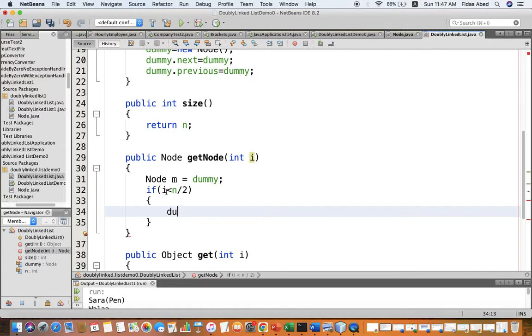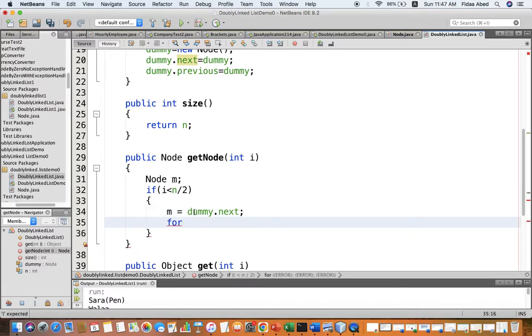So M equals, actually I don't need to make it dummy, I just define it, and here it equals dummy dot next. So I will make M to be the first node, because dummy's next is the first node,